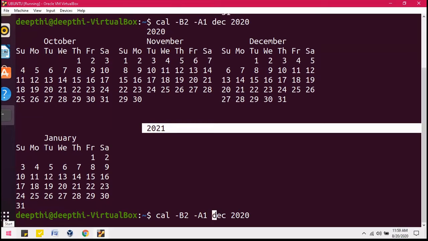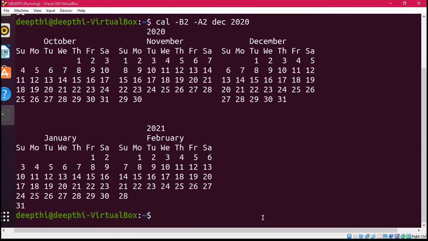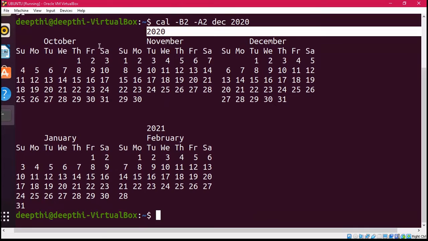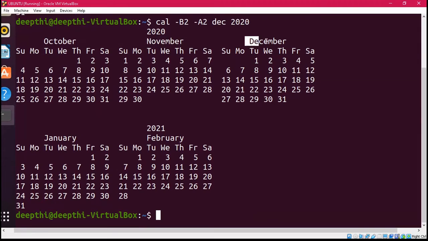Similarly, if I change the option and here I take 2, what does it mean? Current month is December 2020, so 2 months before December 2020 and 2 months after December 2020. Let's see the answer. Now you can see what is happening. This is the current month, for year 2020. So 2 months before December 2020 are October and November, right? And 2 months after December are January and February. But a new year starts, so it will be representing the year also, right? So this was a simple way of representing it.